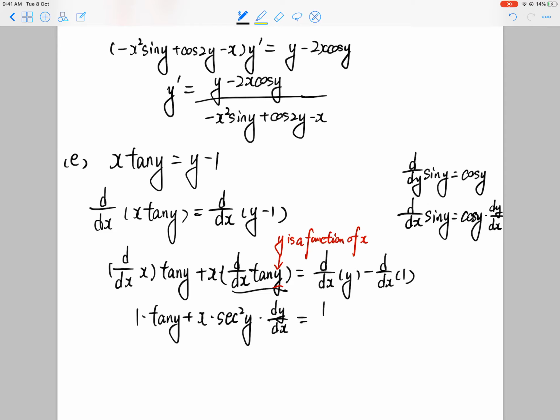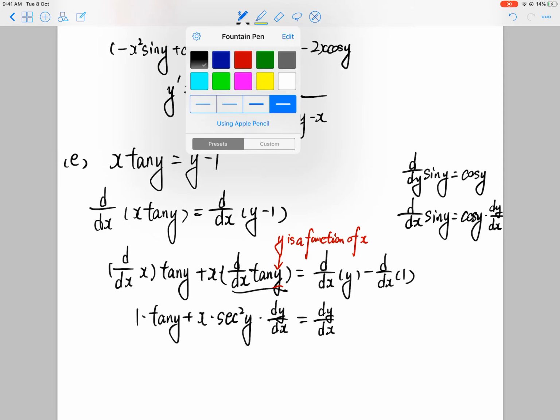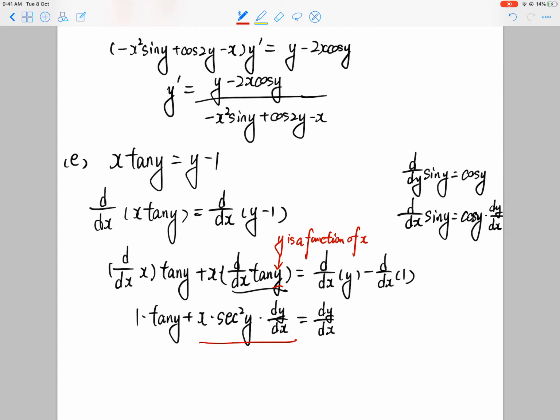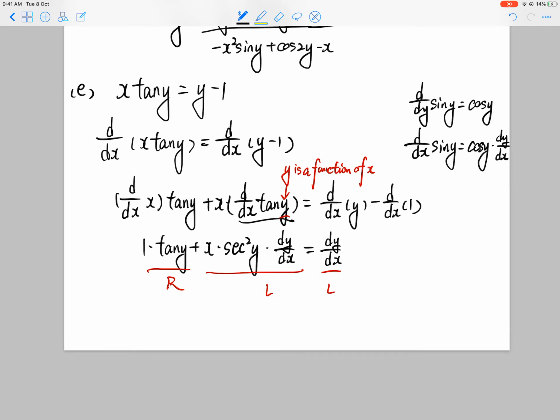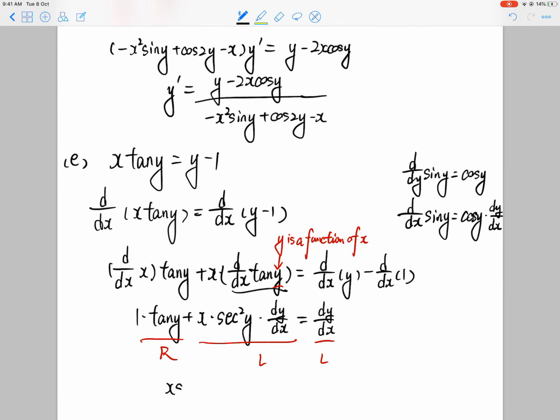The right side is dy over dx minus, here it's 0. Then same thing, we move every term containing dy over dx to the left, and we move this to the right. So it's x secant squared y minus 1. We can also write it as y prime times y prime equals the right side, tangent y. Okay, so y prime is tangent y over